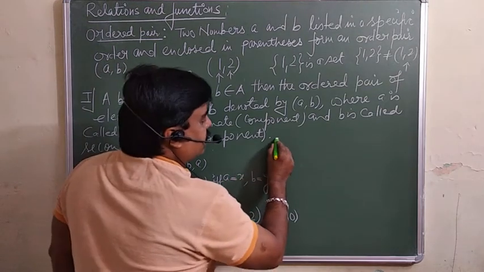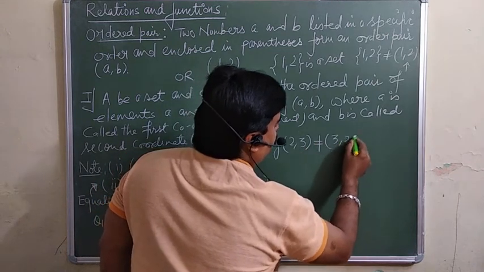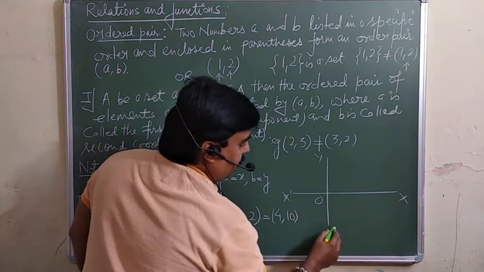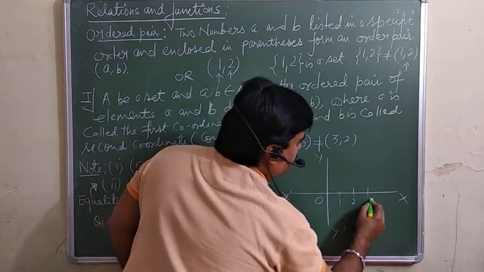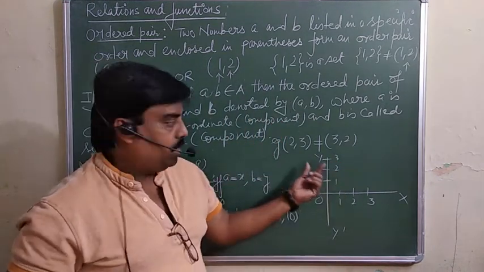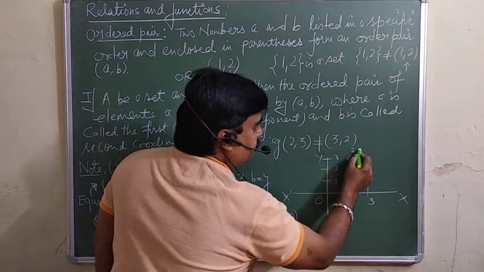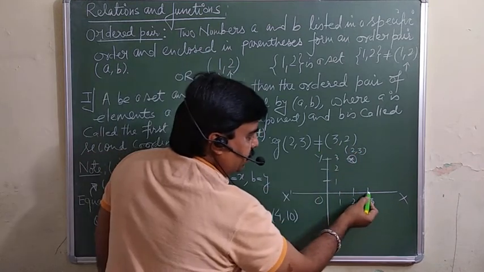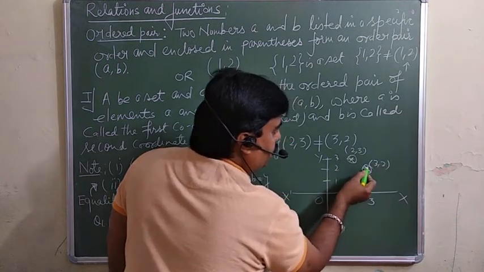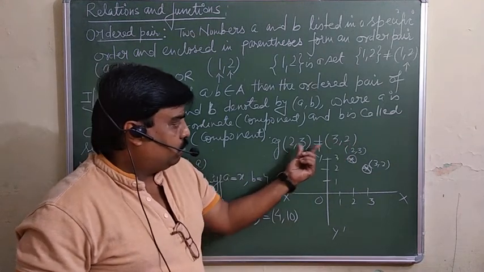What exactly are we saying? Suppose the elements you take are (2, 3); this is not equal to (3, 2). Look here: if you plot these points in a plane, with axes marked 1, 2, 3, then for (2, 3), x is 2 and y is 3, so you are here. This is your point (2, 3). Then next (3, 2), x is 3 and y is 2, so you are here. This is your (3, 2). The positions of both points change, so these two ordered pairs are not equal.